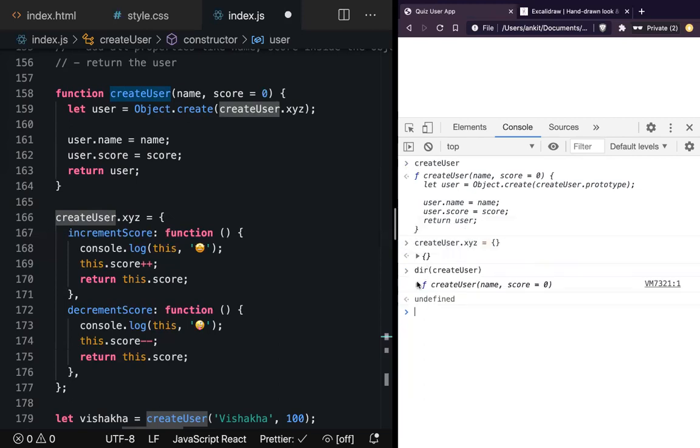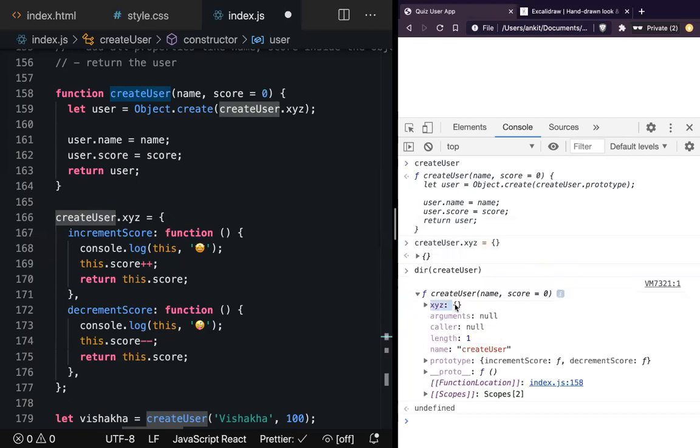and enter it, what will you find here? Will you find XYZ equal to curly brackets? Yeah. You should think of prototype to be the same thing. That's all. The naming is confusing, not the concept. So prototype is used as an empty object instead of actually creating an object. Exactly. That's all it is. So prototype inside a function is just an empty object that you can use if you need it.